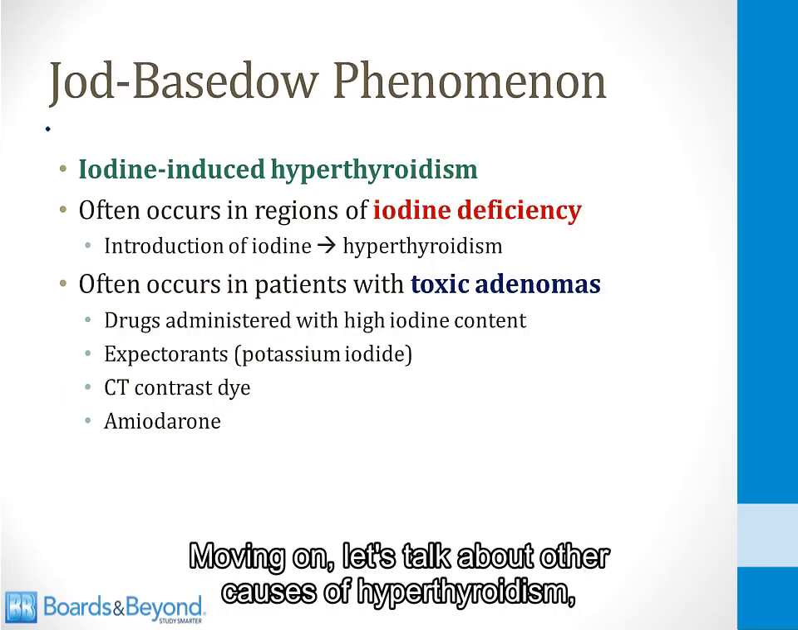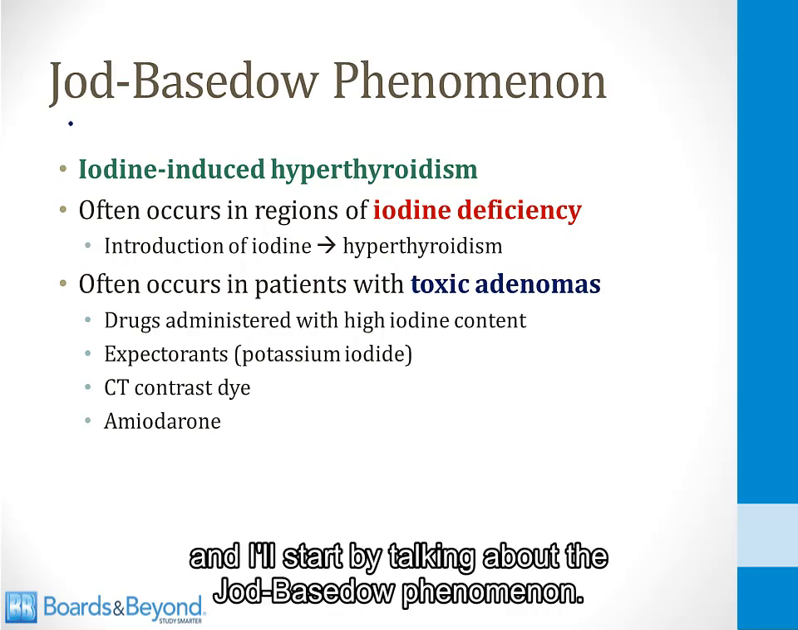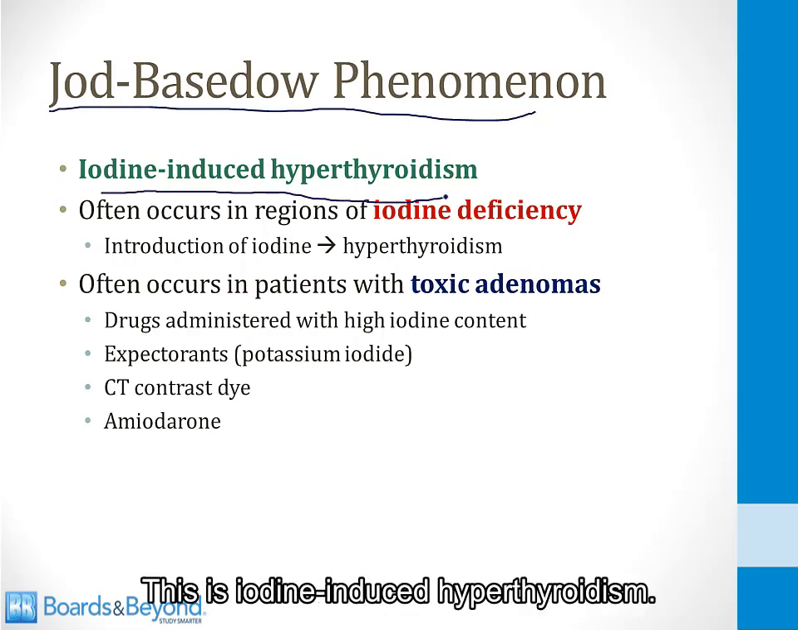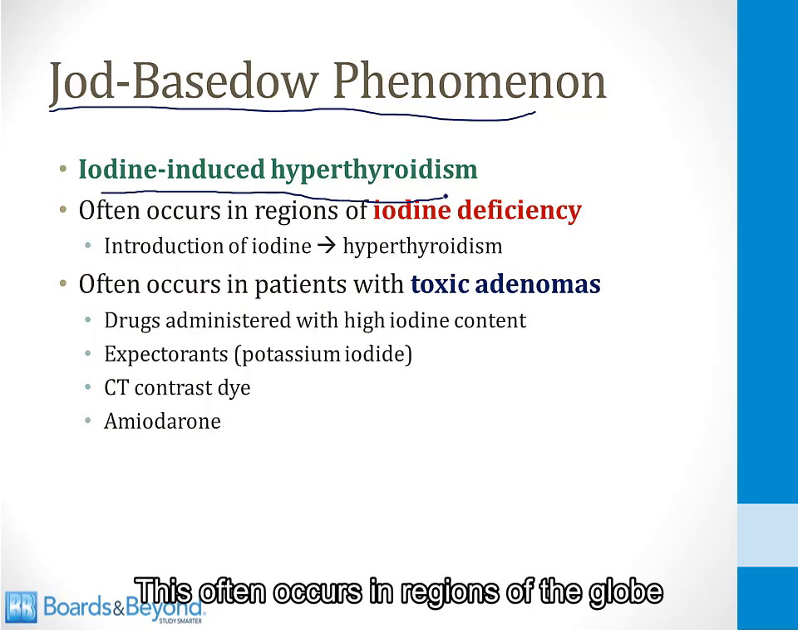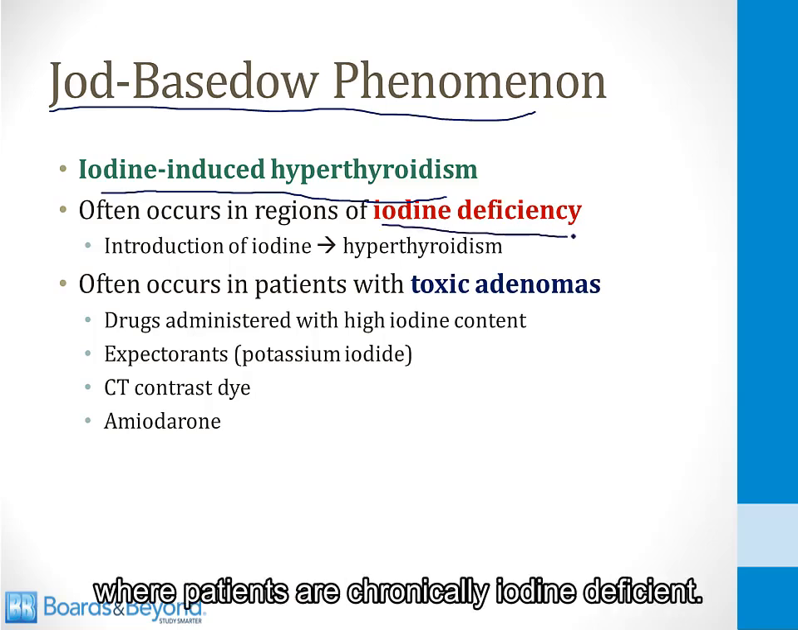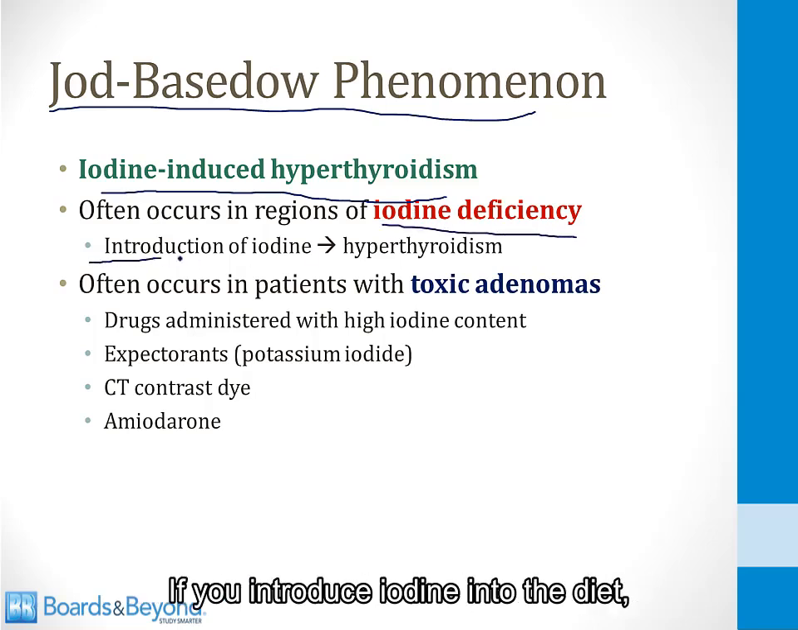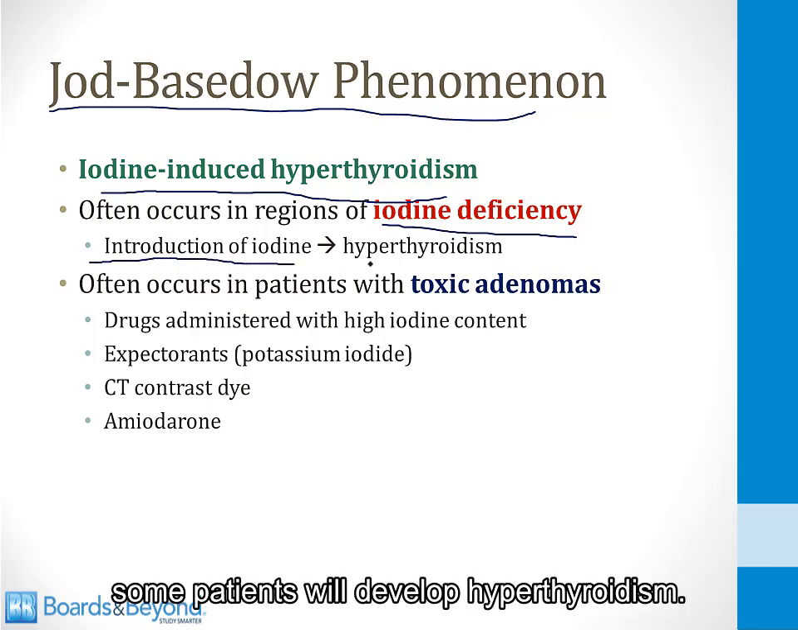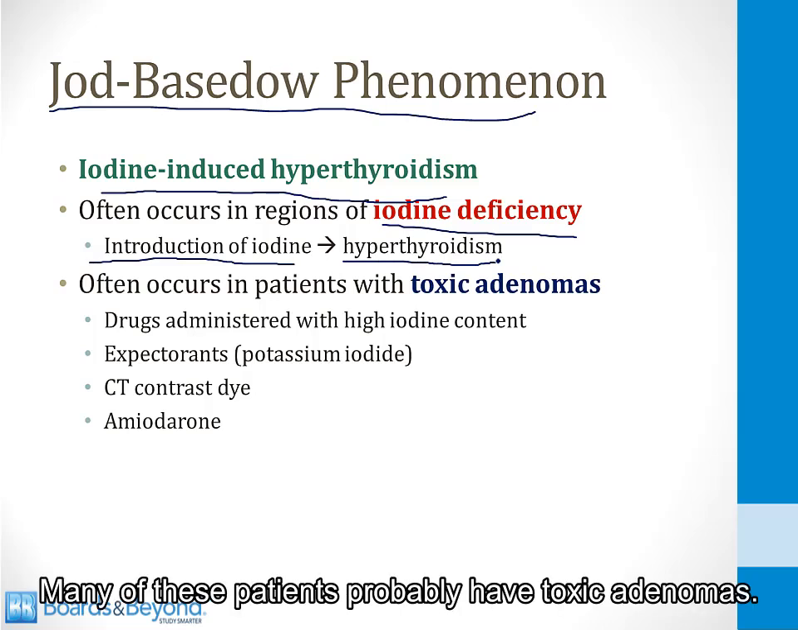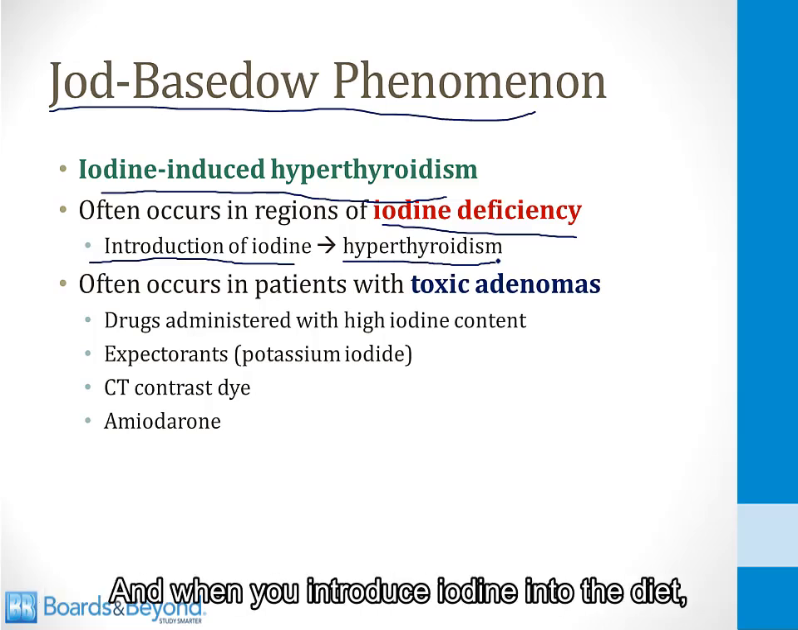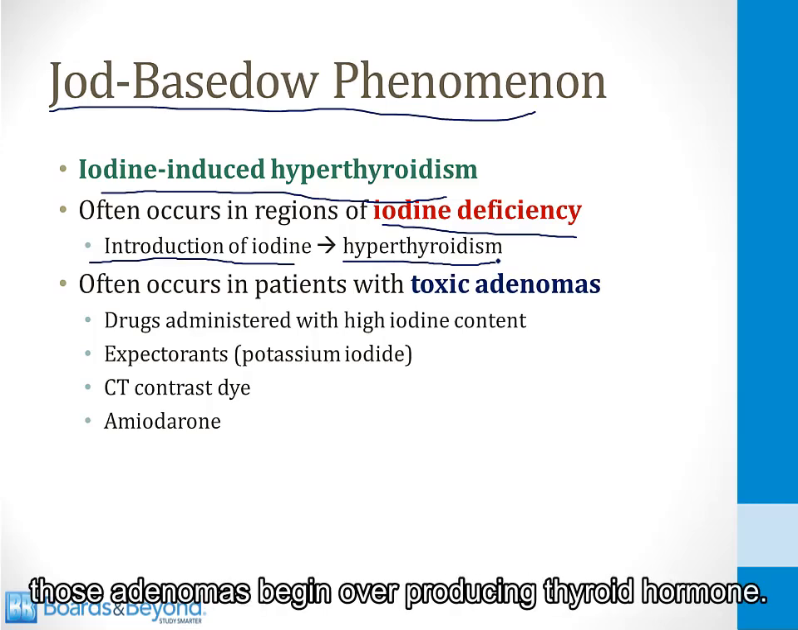Moving on, let's talk about other causes of hyperthyroidism, and I'll start by talking about the Jod-Basedow phenomenon. This is iodine-induced hyperthyroidism. This often occurs in regions of the globe where patients are chronically iodine deficient. If you introduce iodine into the diet, some patients will develop hyperthyroidism. Many of these patients probably have toxic adenomas, and when you introduce iodine into the diet, those adenomas begin overproducing